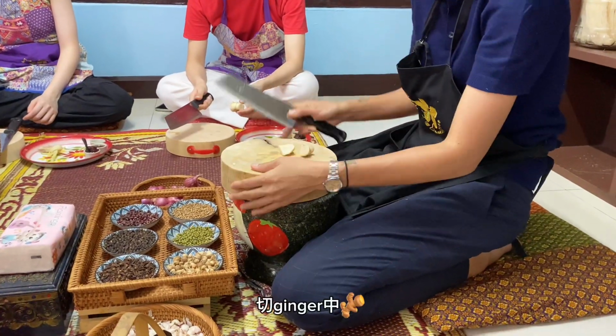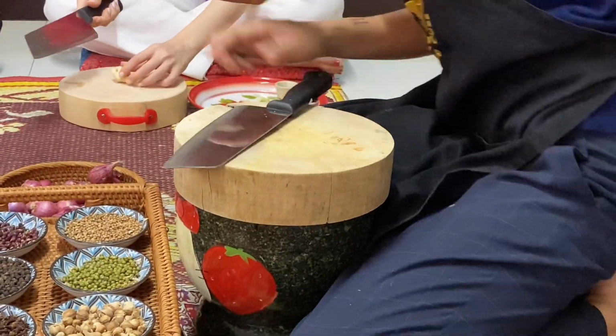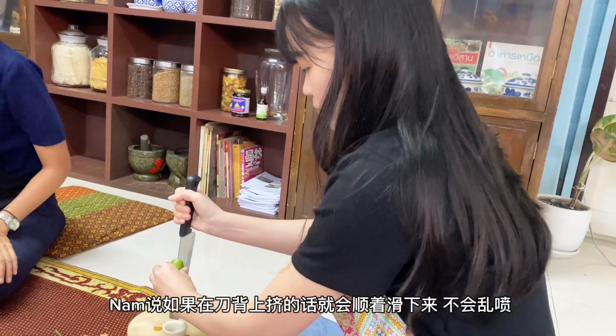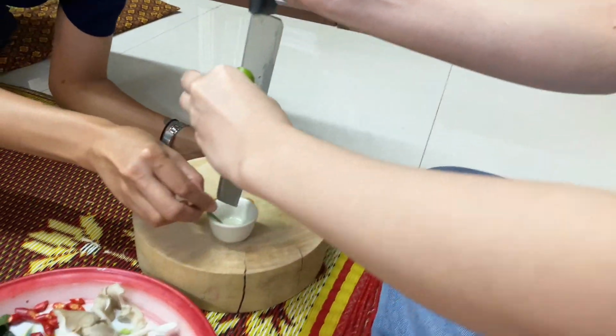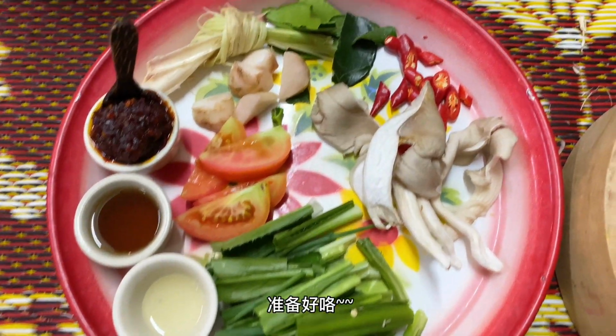Make it big, don't eat. Big chunk, like this. Okay, squeeze now. Okay, everyone, now, if you are ready,